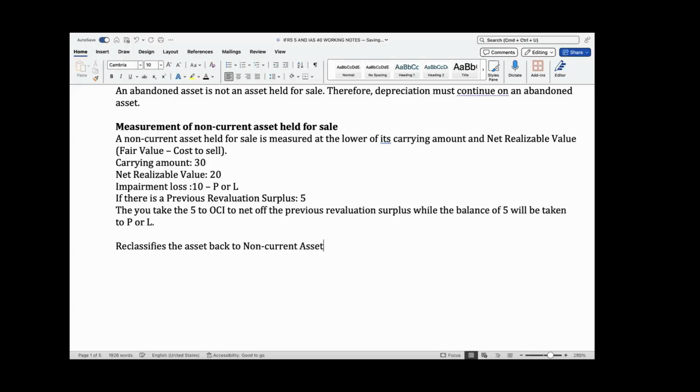It reclassifies it back to non-current assets. So you see, when an asset is reclassified from held for sale to its normal non-current assets,